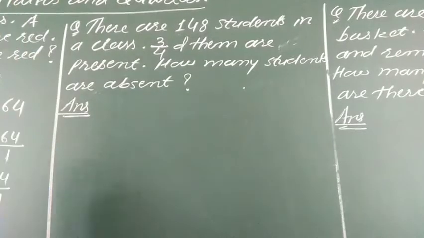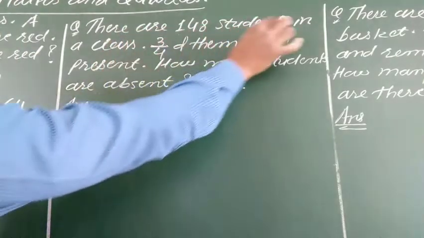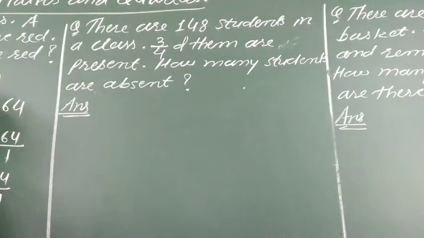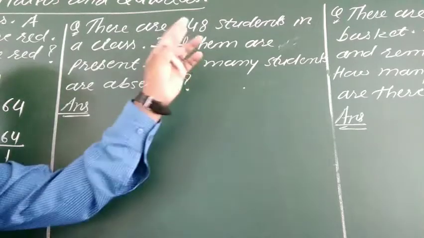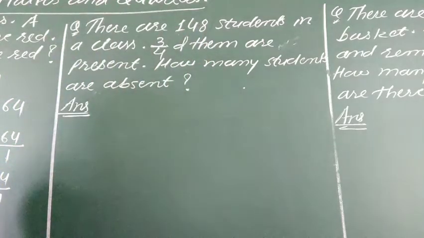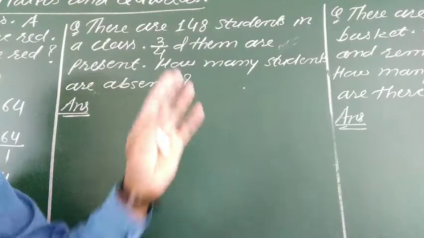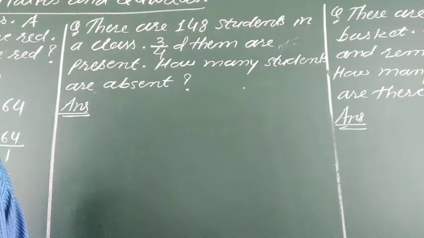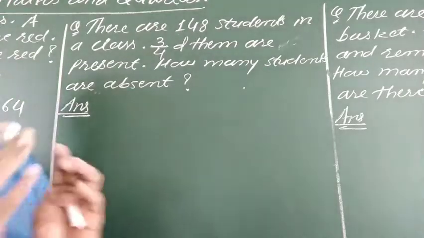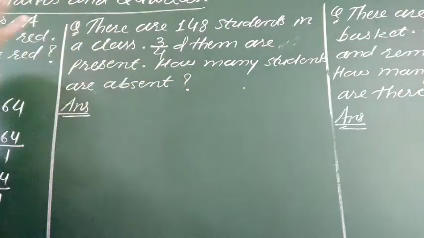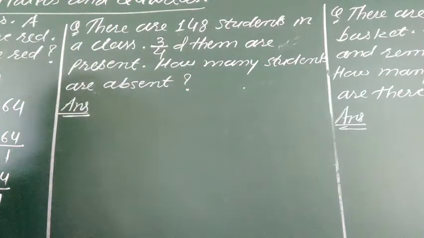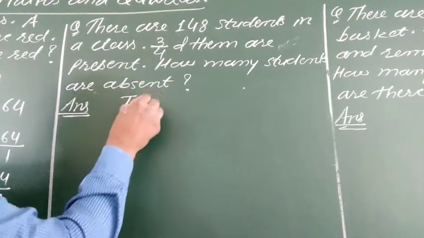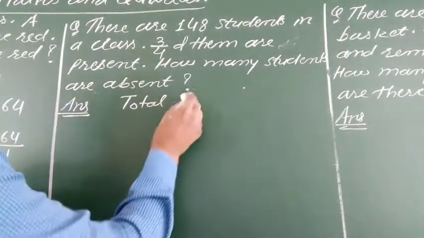Next question, there are 148 students in a class। एक क्लास में टोटल स्टूडेंट्स जो बेटा there are 148। 3/4 of them are present। उसमें से 3/4 जो है they are present here। 3/4 number means 3/4 of the 148 are present here। Then how many students are absent? तो कितने स्टूडेंट एब्सेंट है? आइए यहां पर देखते हैं। See total number or total students